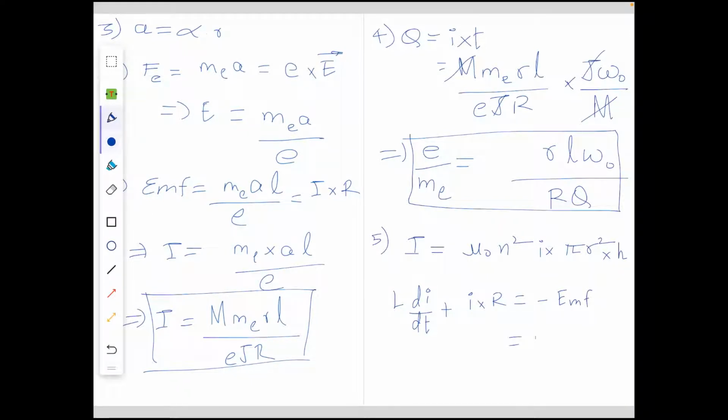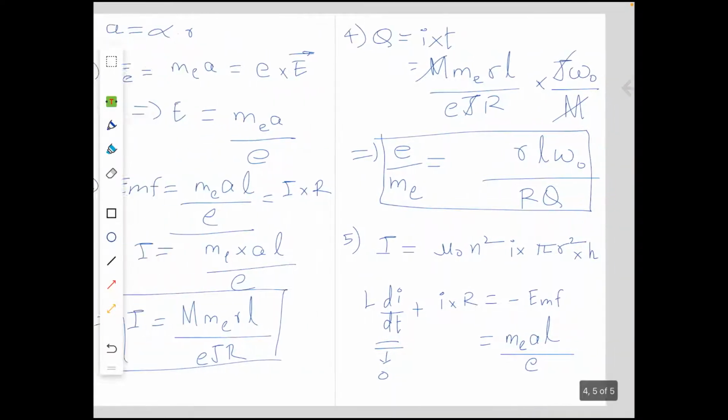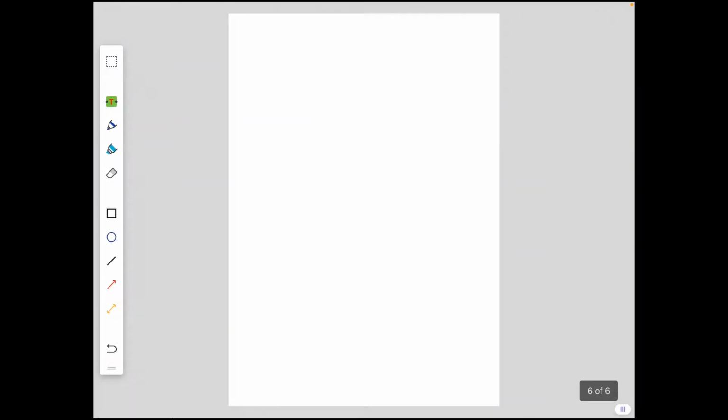Here we are only worried about the magnitudes, so let's ignore the signs. At the time of maximum current, the di by dt term will be 0, so the maximum current will be